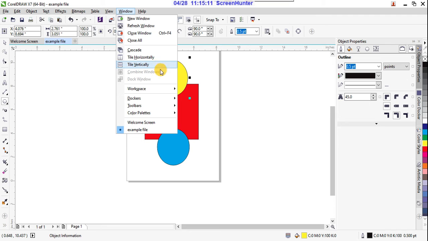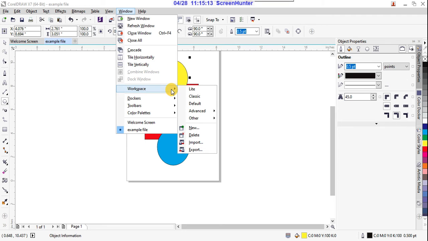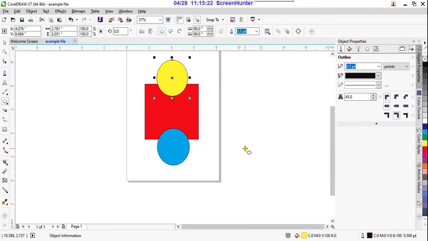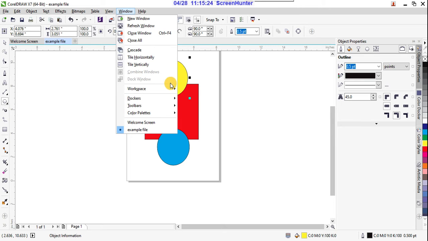So sometimes you can change your workspaces, otherwise you can create a new workspace. Suppose this is your new workspace, give the name and you can save it also. So these are maintaining workspaces.